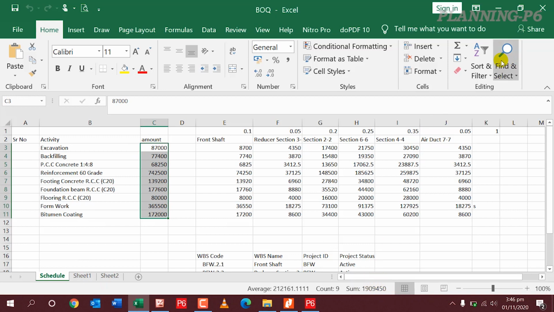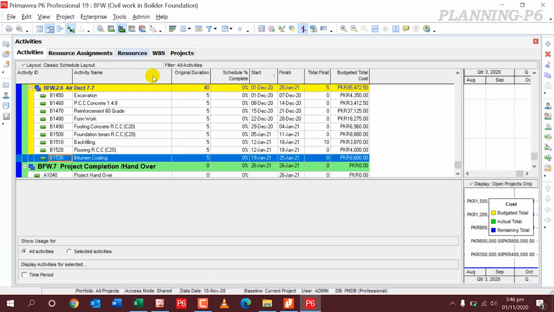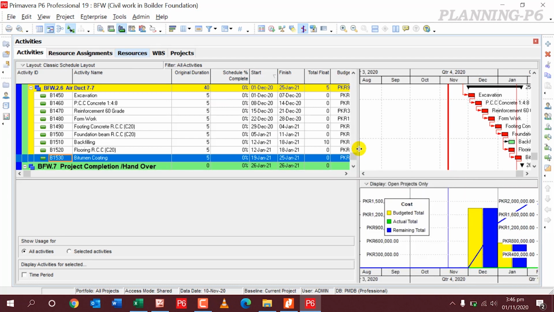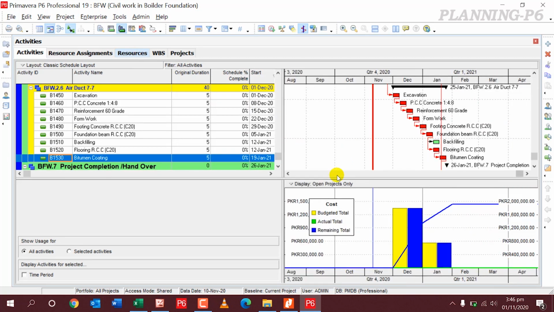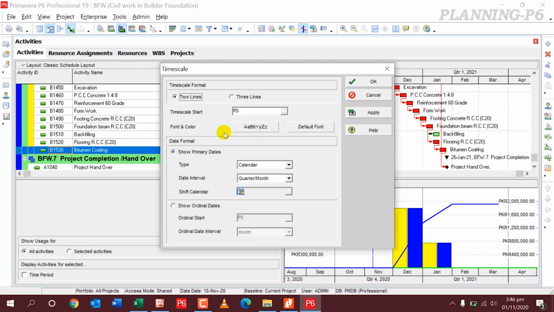Also you can go here for your resource usage profile. In the cost curve, you can get your cost curve by time scale. So you can get your cost monthly, daily, weekly.